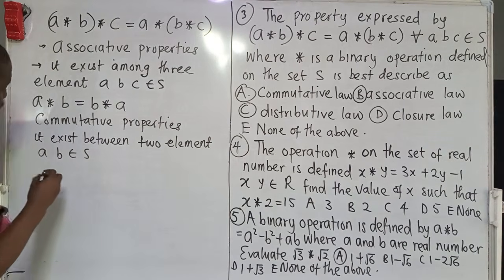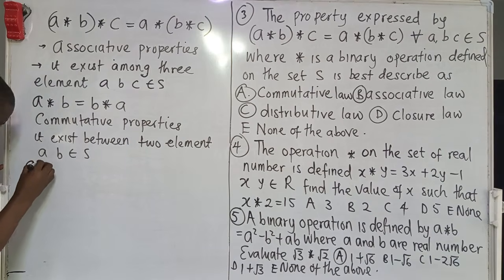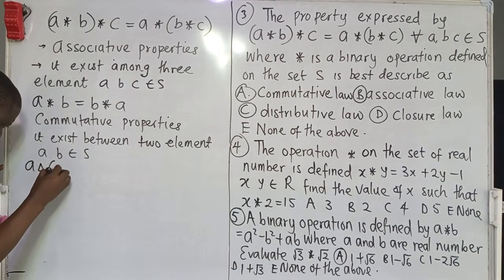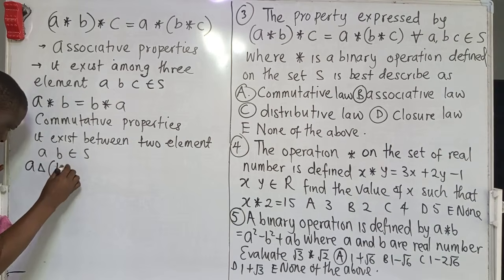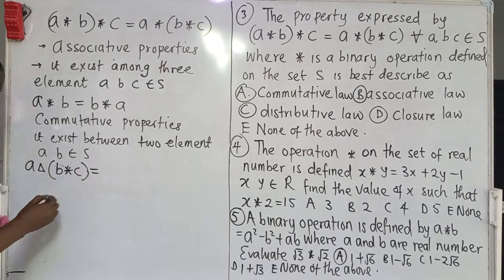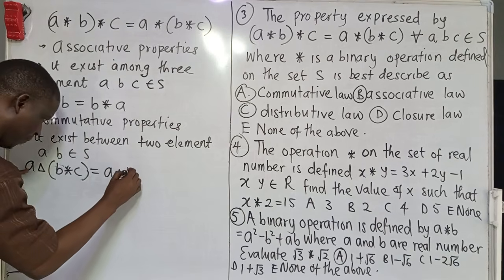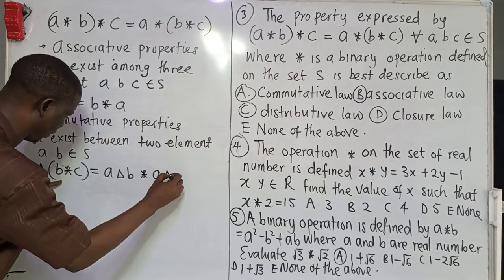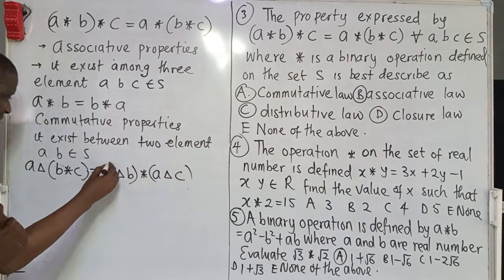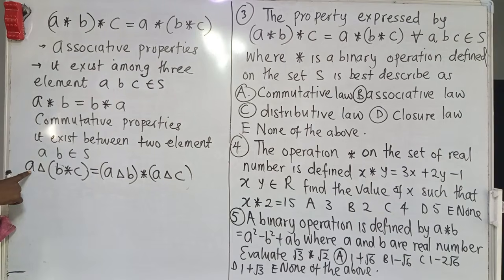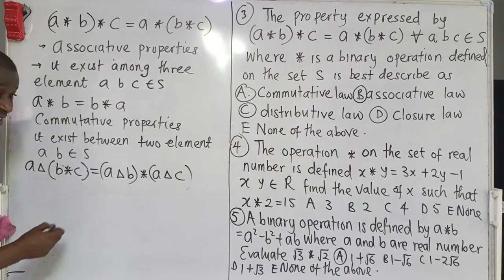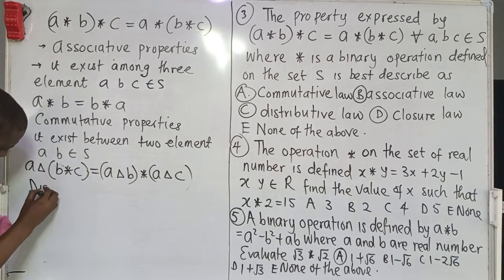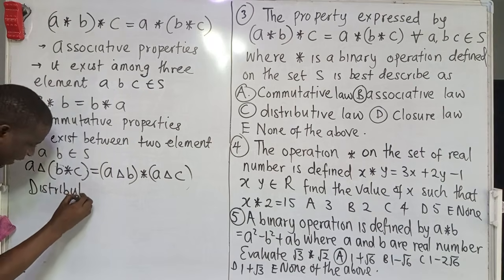The next one is distributive. If I have A operation (B operation C), it gives you (A operation B) then operation (A operation C). This is what we mean when A is distributive over B and C. So we call this a distributive property